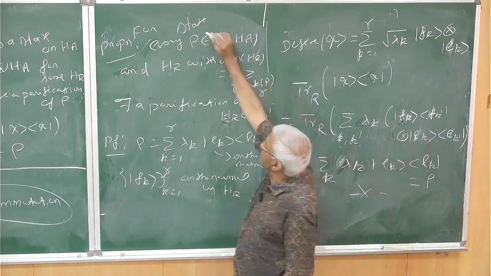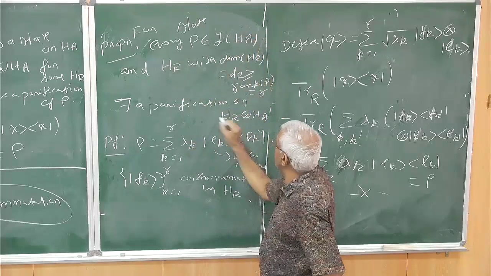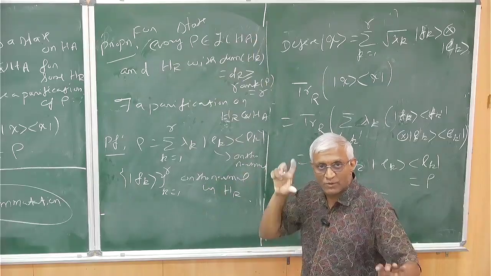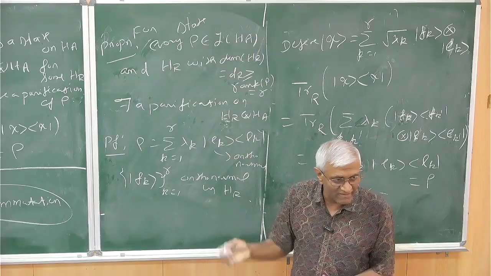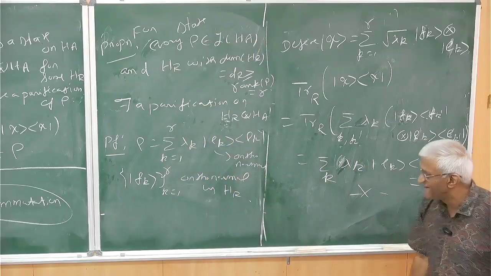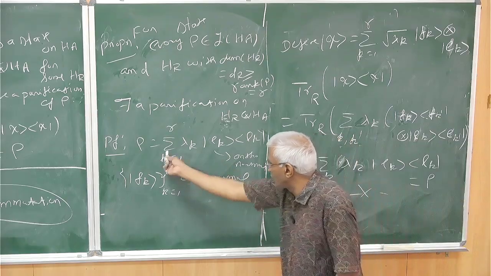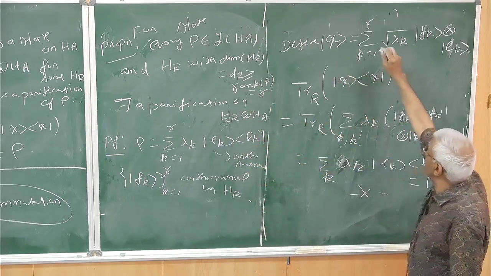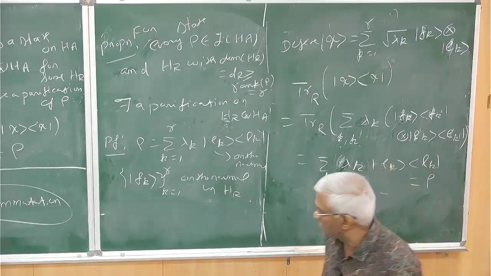So this says that for every state, we have a purification like that. You can keep this board in one window and run the other window whatever I talk, it will be clear. We have a rho, then we take some orthonormal vectors in H_R, which is possible because the dimension is greater than the rank. Then you take this vector, and it's a direct verification that it is the purification. Now there is something called canonical purification. I will explain that.